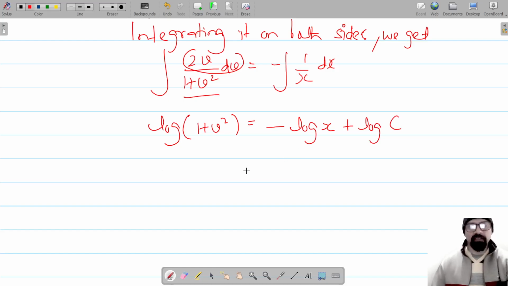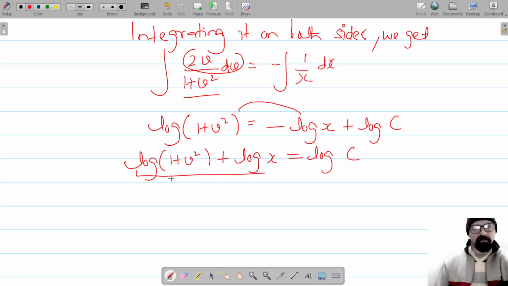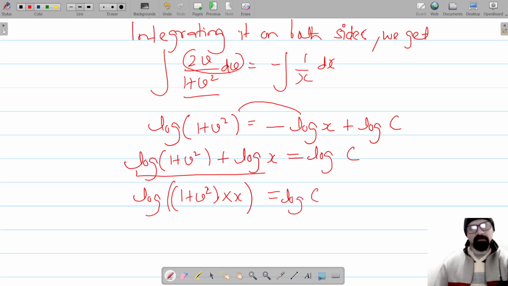ओके, तो लेट्स टेक log x to this side, log x को इस साइड लाएंगे तो ये देगा प्लस log x इज इक्वल टू log c, ये बन गया log a प्लस log b। log a प्लस log b होता है log a into b, so log a into b, और ये है log c, log log कट जाएगा,